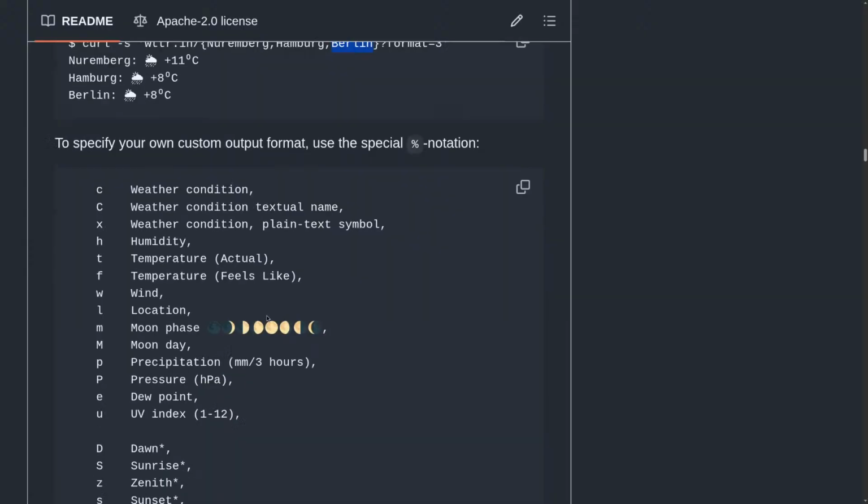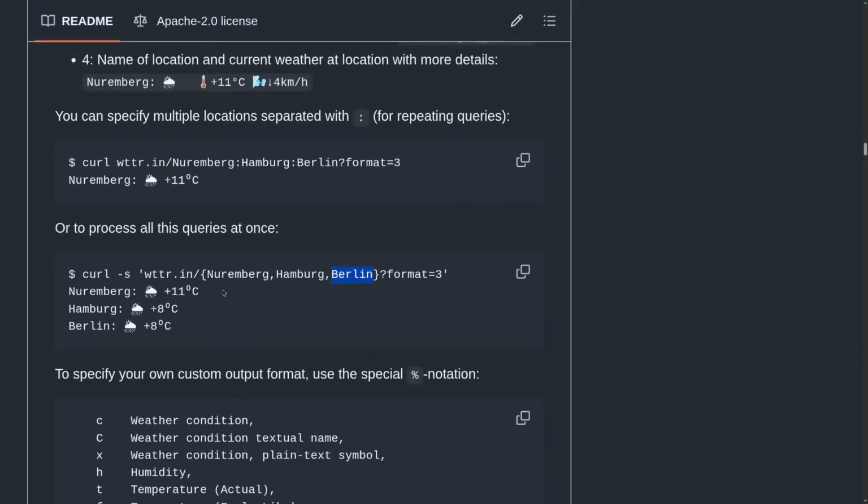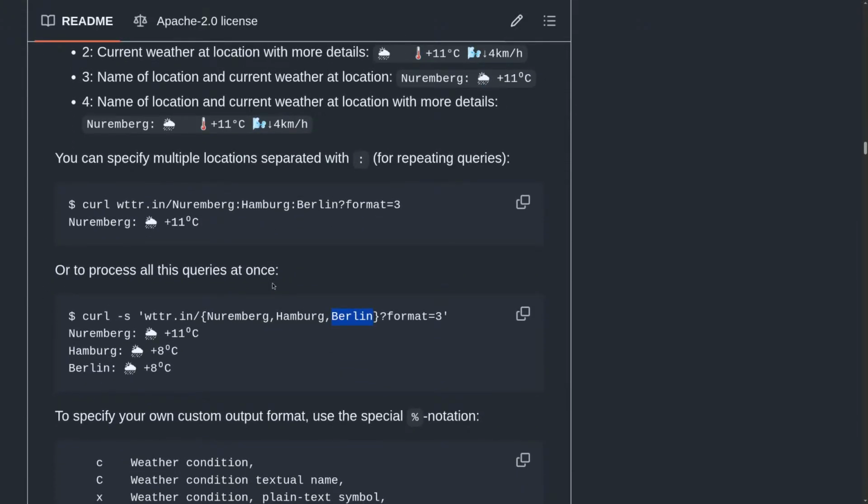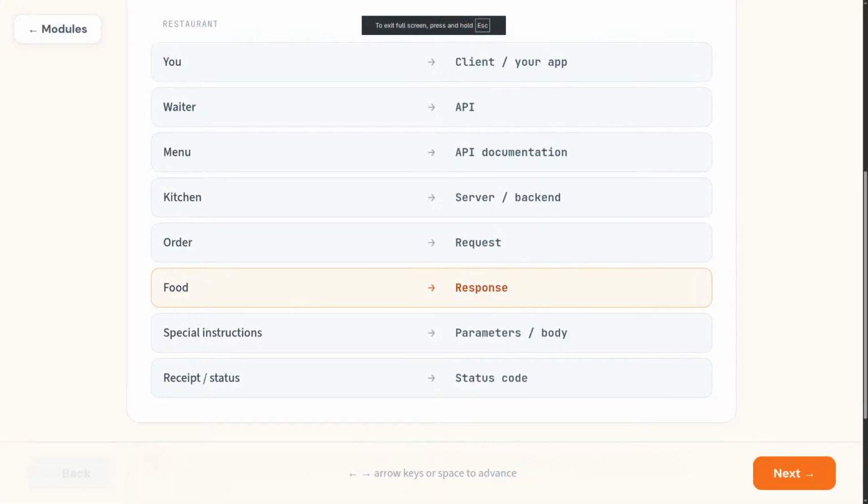So this is your API documentation. Before getting way into the weeds here, this is where you could come and figure out what we're going to talk about in a minute, the schema, or the format of your API, the structure of your API call. So that would be your menu. That's your documentation. And then the kitchen is that server